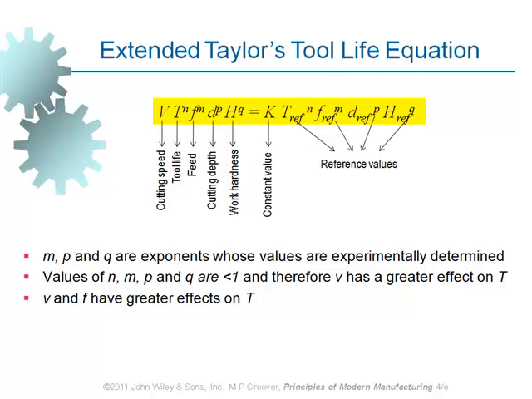For each of those, there is an exponent depending on the nature of the operation. And all this is equated to a constant value times some other parameters which are referred to as reference values. Of course, this gives us a more accurate equation, taking into consideration more parameters than just a single cutting speed. However,